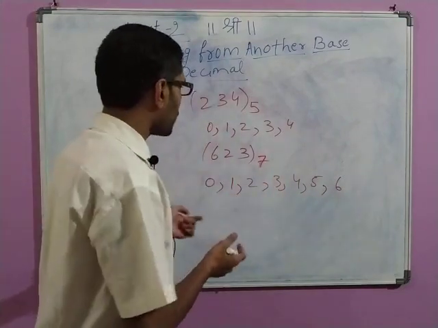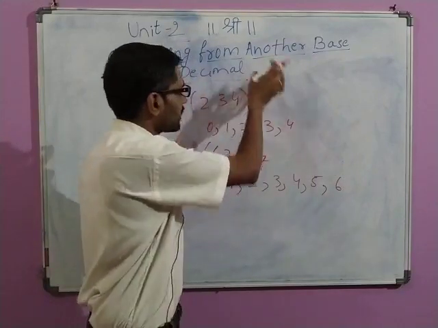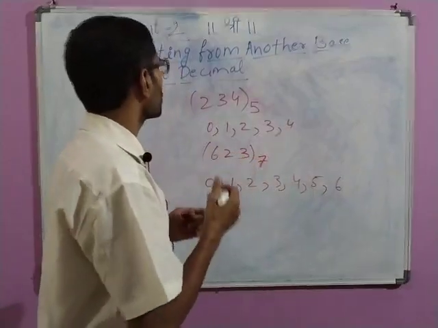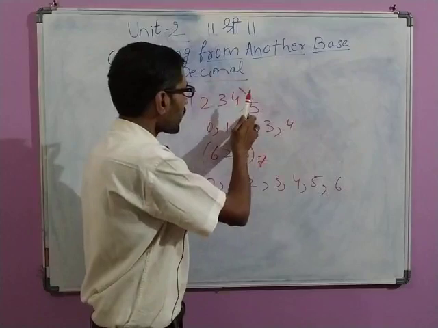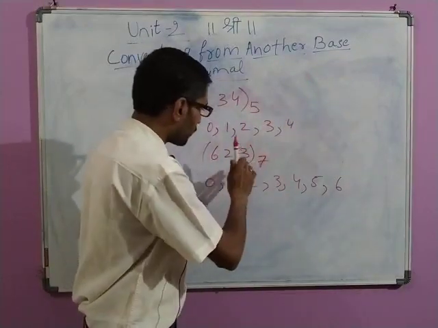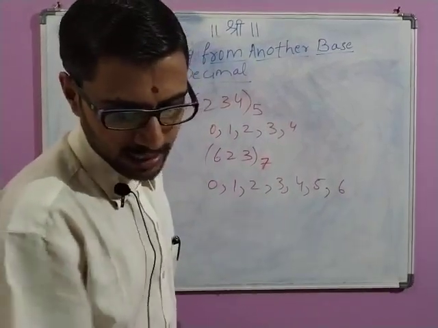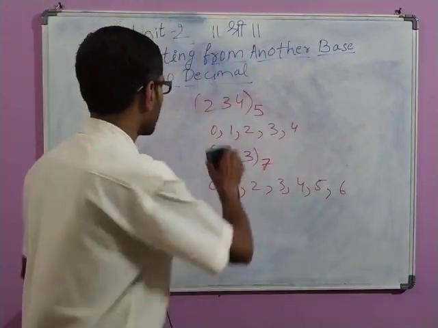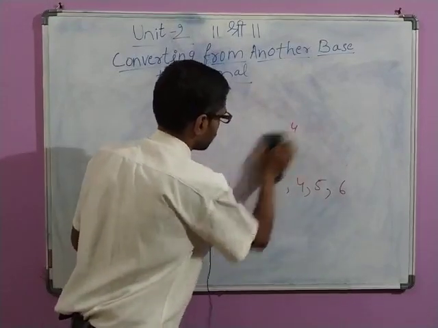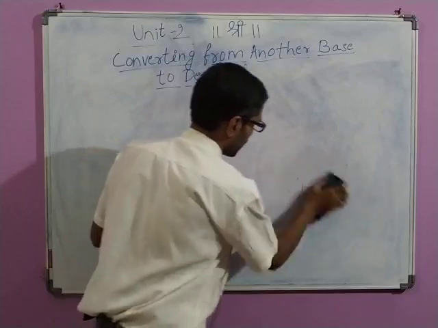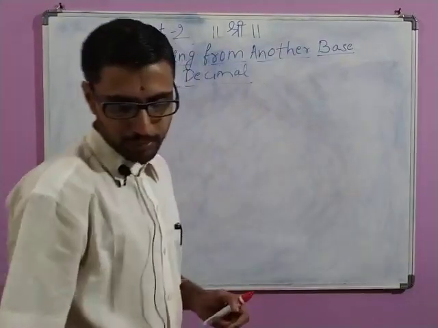So I can have numbers with any base and the same rule we can apply, the same steps or same procedure we can follow, and we can convert from base 5 to decimal, or I can convert from base 7 to base 10 and so on. So let us take one simple example and try to understand it. The same example that is given in the textbook I am referring. So I am taking this example.